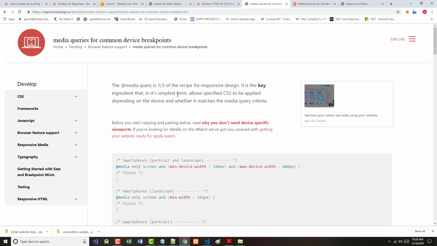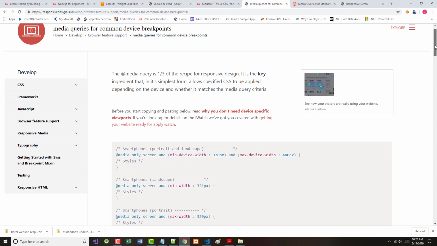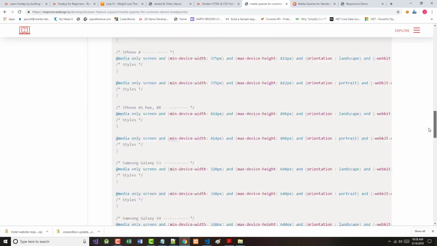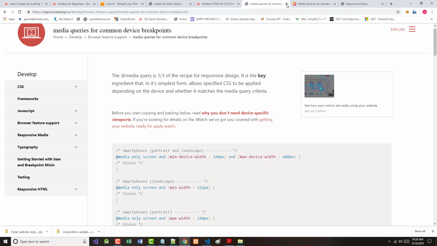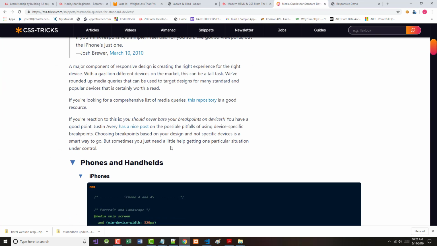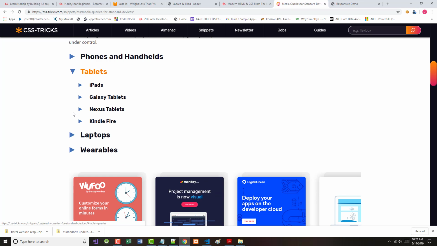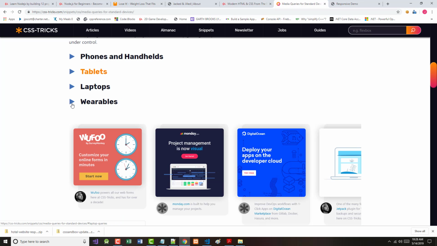It's an interesting article. Media queries for common device breakpoints. The problem is, if I try to account for every kind of device there is, and this is just phones and computers, you can see how long this list is. So then I went out and found this. Another really good website, if you want to really learn just CSS, is css-tricks.com. So this is media queries for standard devices. And when you look here, he's got phones and handhelds, iPhones, Galaxy, Pixels, HTC, Windows phones, and he's got tablets, iPads, Galaxy, Nexus, etc., laptops,